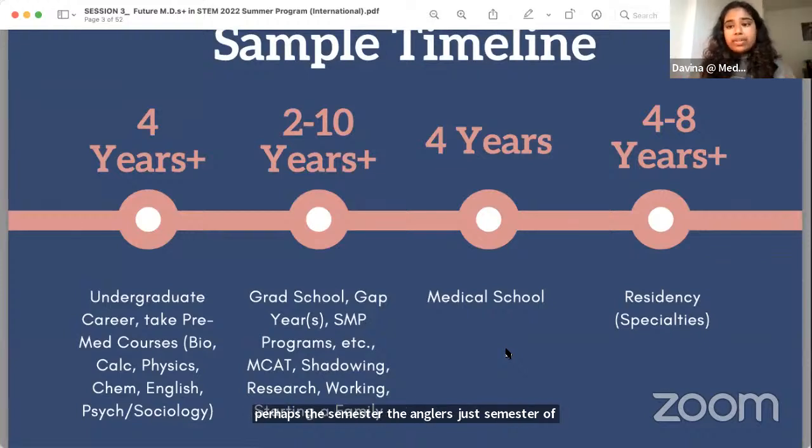So you don't have to major in something that is just core biology or physics or English to apply to medical school, but you do have to be taking some of the prereqs. It shouldn't overwhelm your schedule depending on what you're majoring in, but you do have to take some of these classes in order to apply.